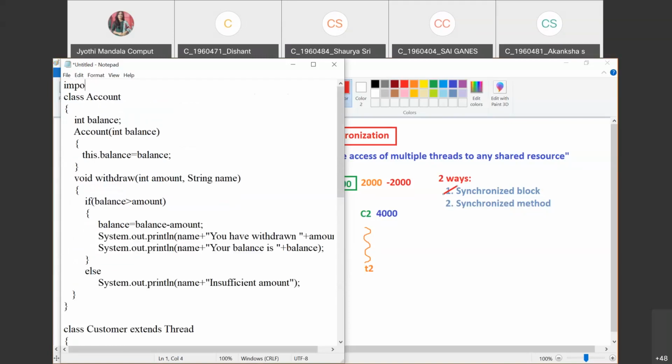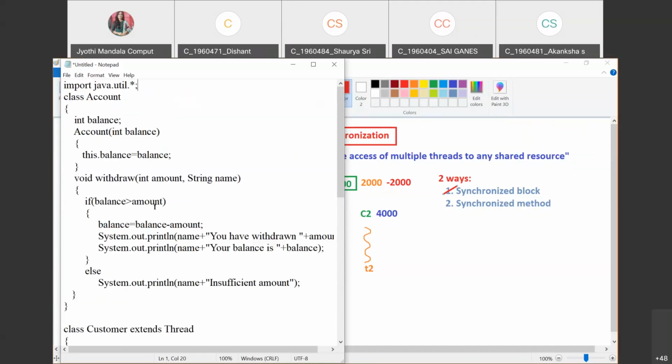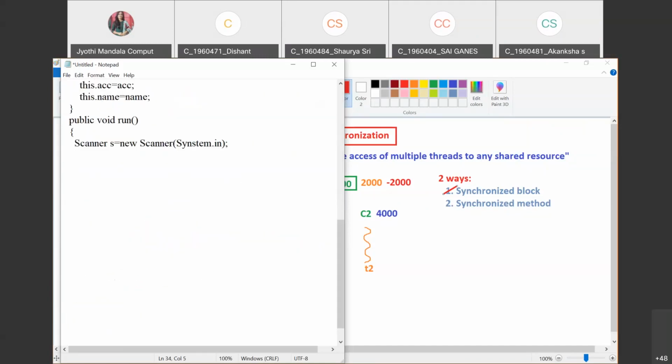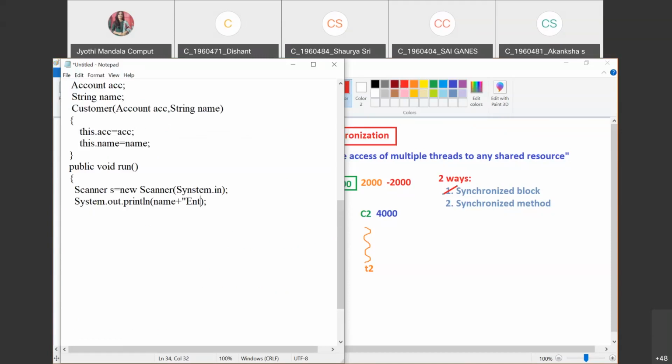So let's write that one now itself. So import java.util.*. Why am I writing this one? Because we are using the Scanner. I think util. Okay. Now, once the scanner is taken, we can ask the user. I'll have one output statement asking the user to enter the amount, what amount you want to withdraw. I just want to add the name here, and after adding the name, I want to ask the user to enter the amount to withdraw.